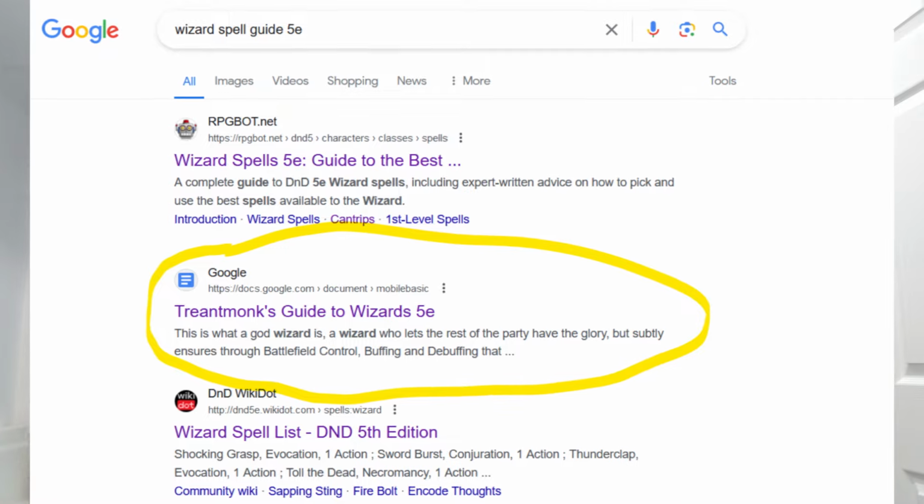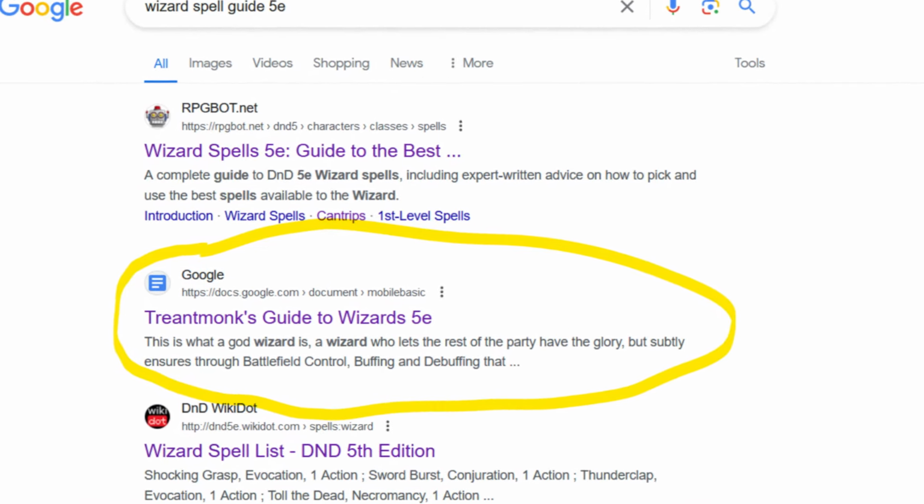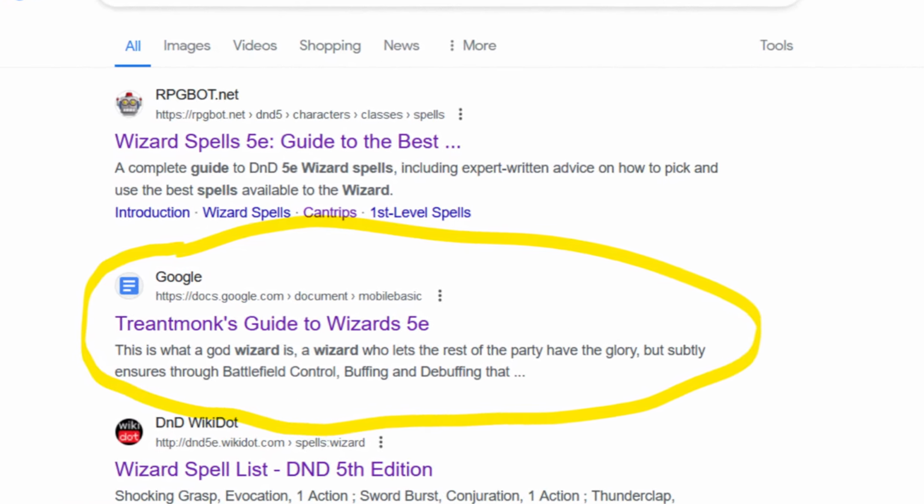So what I've done is I've taken two wizards. Wizards because, well, they've got the biggest spell list, so we can see the biggest variance in the caster-caster divide. One wizard build will take good spells, the other will take bad spells. How do I determine what's good and bad? I did a quick Google search to find a wizard spell list guide, and Treantmonk's guide showed up. So I mostly followed that, except I added some tweaks because the meta has changed and also spells have been